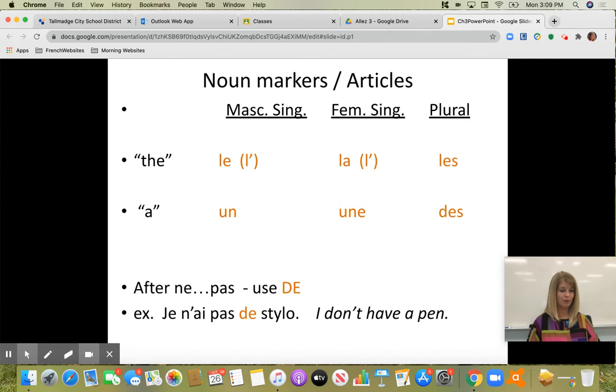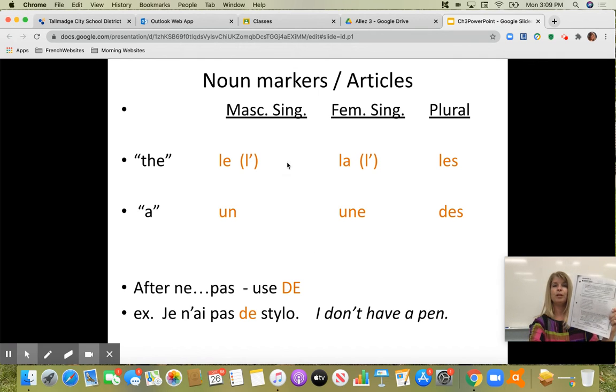So now you should be filling out your notes, front and back. This page here is just for you. It's just for fun. You can either number them and on a separate piece of paper, see if you can write out all the words, or you can label it, whatever you think will be more useful for you. The next page is your grammar tutor that you're going to be working on, and this is all about the articles.